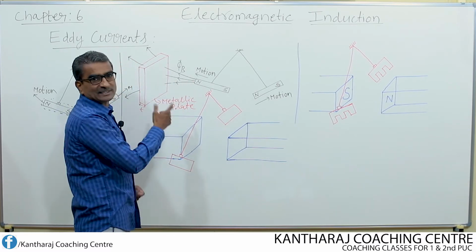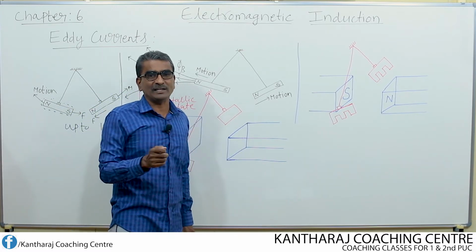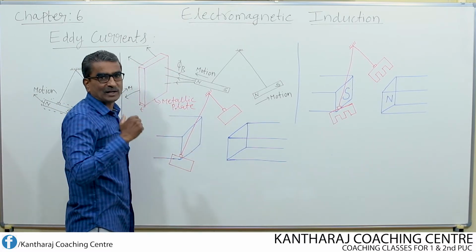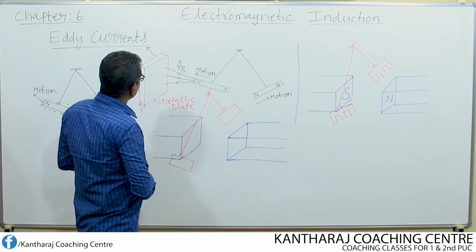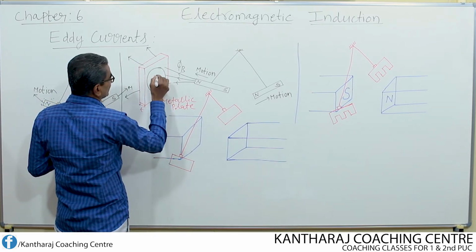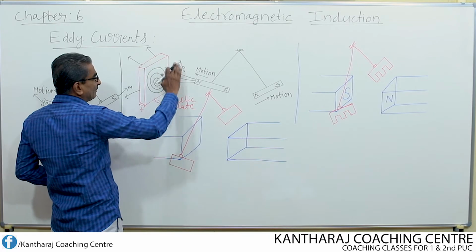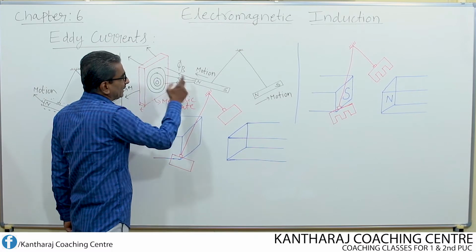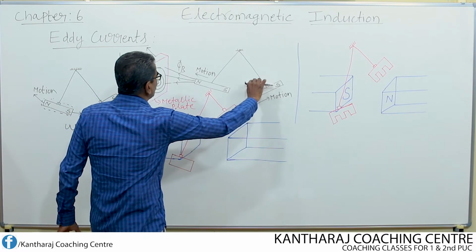So this increase and decrease of the magnetic flux linking with the plate results in an induced EMF, which results finally in the formation of a current on the surface of the thick plate. What is that current called? That current is called eddy current. And this current flows in the form of a circular path like this. Throughout the surface area of the plate, there will be induced current due to change of magnetic flux linking with the plate when a magnet is set into oscillation.